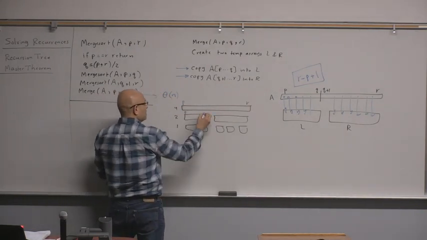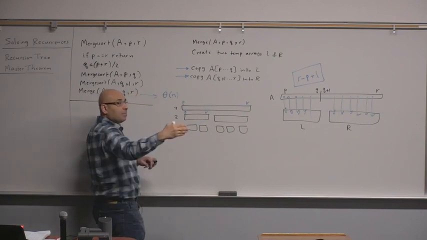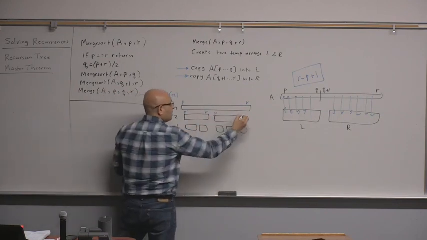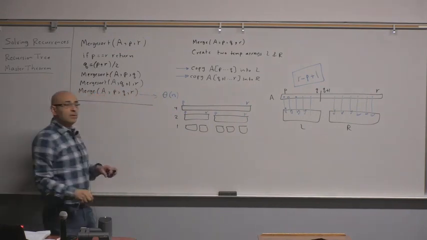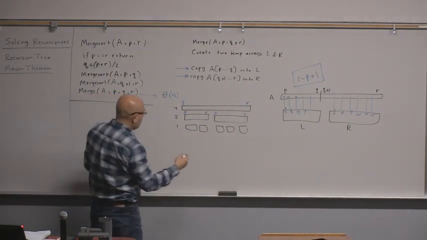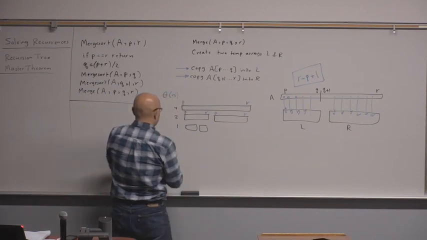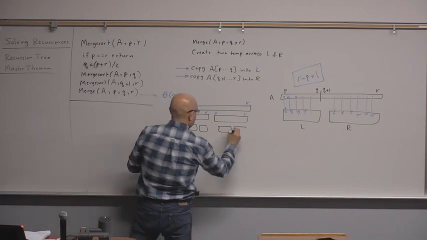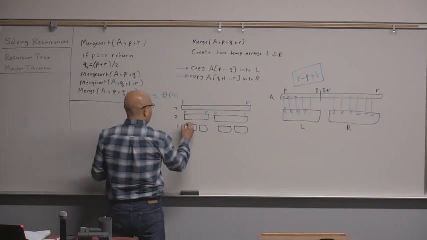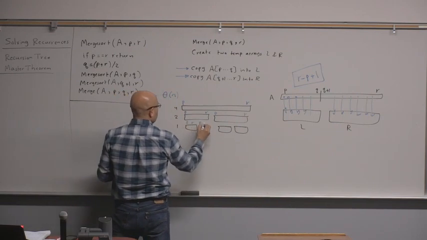This is a P and this is an R. But then at a later point in the algorithm, this will be a P and this will be an R when we are merging this. So this is divided into two, sorry. Then at a later point, this will be P and R, then this will be P and R,